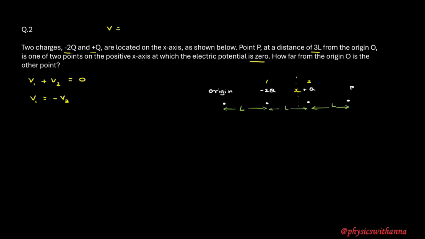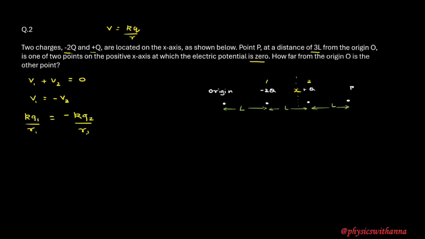Potential V is calculated as KQ over R, where K is the Coulomb constant, Q is the charge, and R is the distance of the point from the charge where we are calculating the potential. So I can write V1, equal to K Q1 over R1, equal to negative K Q2